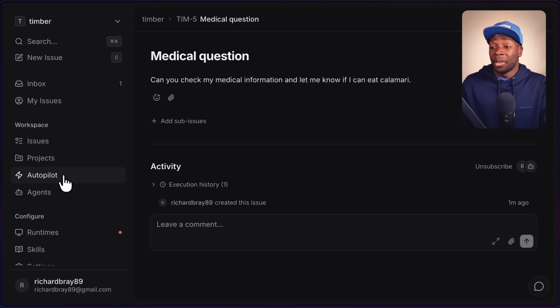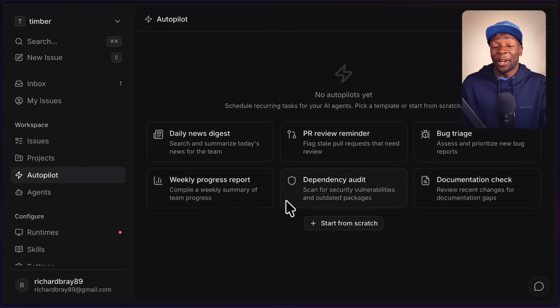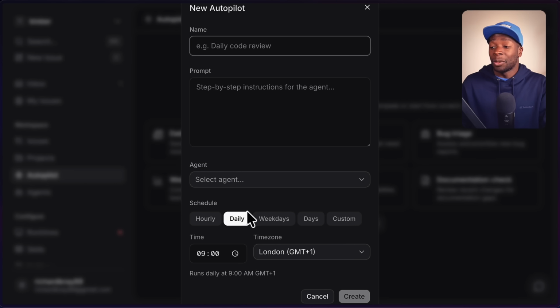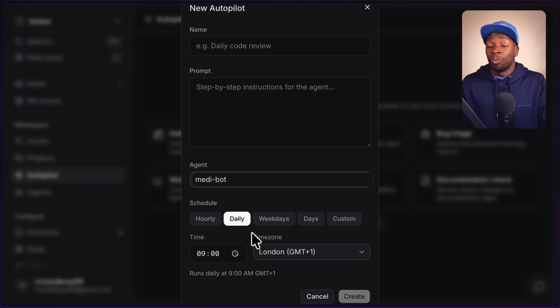And if we click on the issue, we can see Medibot is working straight away. Now, while this is going, I'm going to click on autopilot. And this is the open source version of Claude Routines. We can click on start from scratch, and we can select an agent, and we can set how often we want this task to run. Now, unlike Claude Routines, there's no option for API triggers or GitHub event triggers. Maybe that will come in the future,